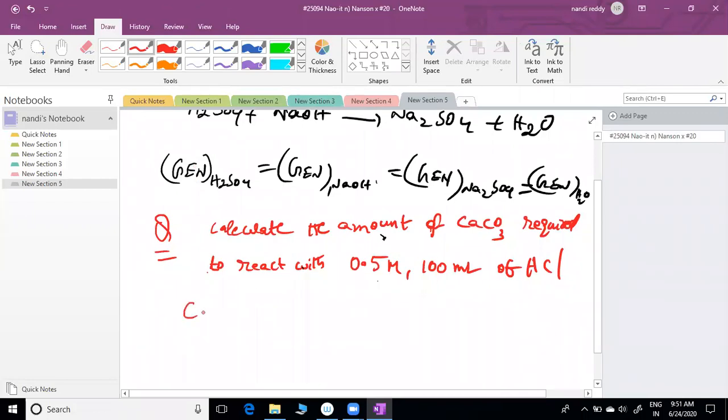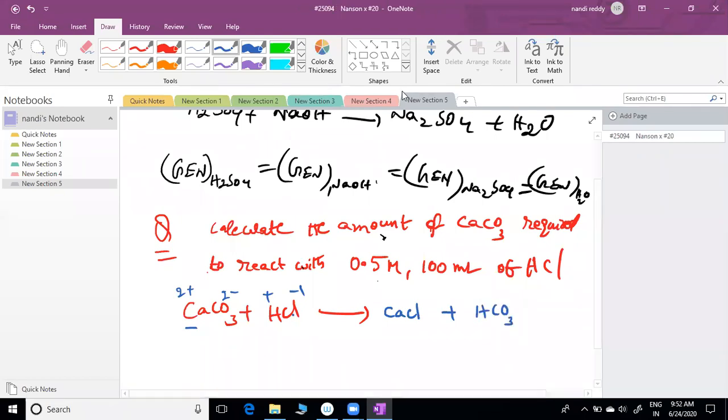First, write reactants. CaCO3 is reacting with HCl. Which is positive, which is negative, you can find out first. So Ca is 2 plus, CO3 2 minus, H plus, Cl minus. Then opposite charges attract each other. So Ca2 plus and Cl minus attract each other. What will you get here? Can you write the equation now? Just write the opposite charges. I am writing the equation. Is it correct or not?